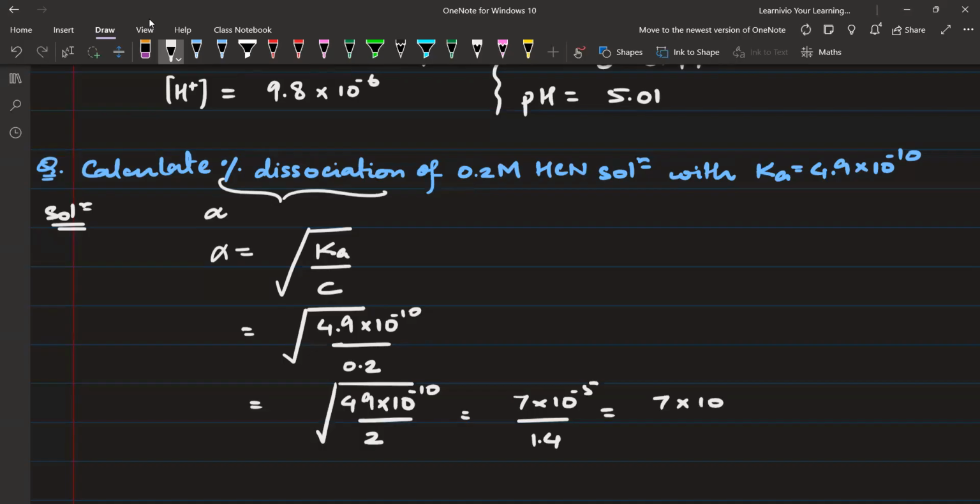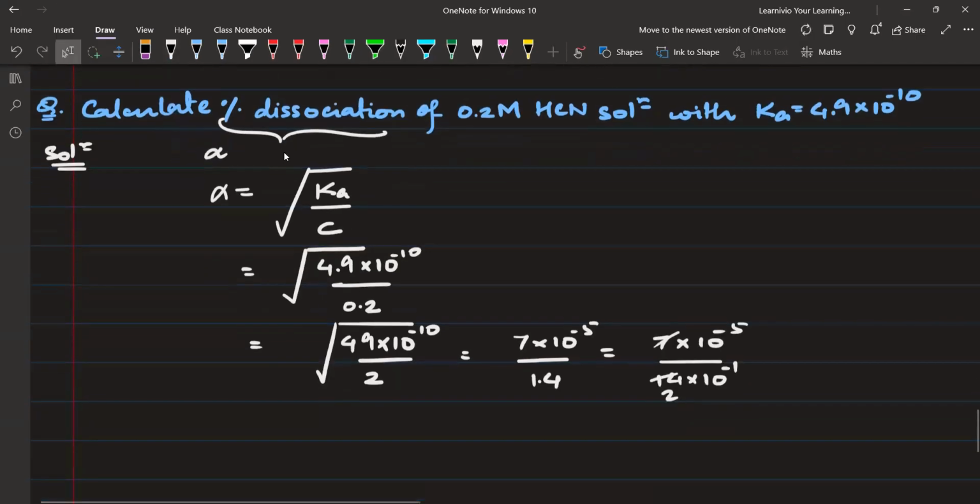7 into 10 to the power minus 5 upon 1.4 को 14 लिख देता है, 14 into 10 to the power minus 1, so this will be divided by 2 and this will become alpha is equal to 1 by 2 into 10 to the power minus 6। सही है गाइस, ये दोनों? नहीं, -4 ना, 10 to the minus 1 will go above, it will become positive ना, 10 to the power minus 4। सही है, हाँ यार देखो, सही है।